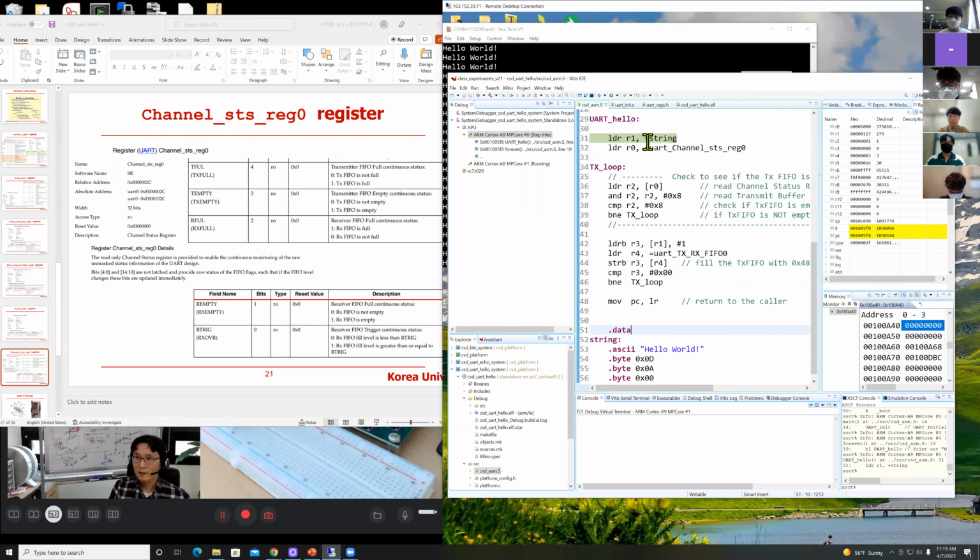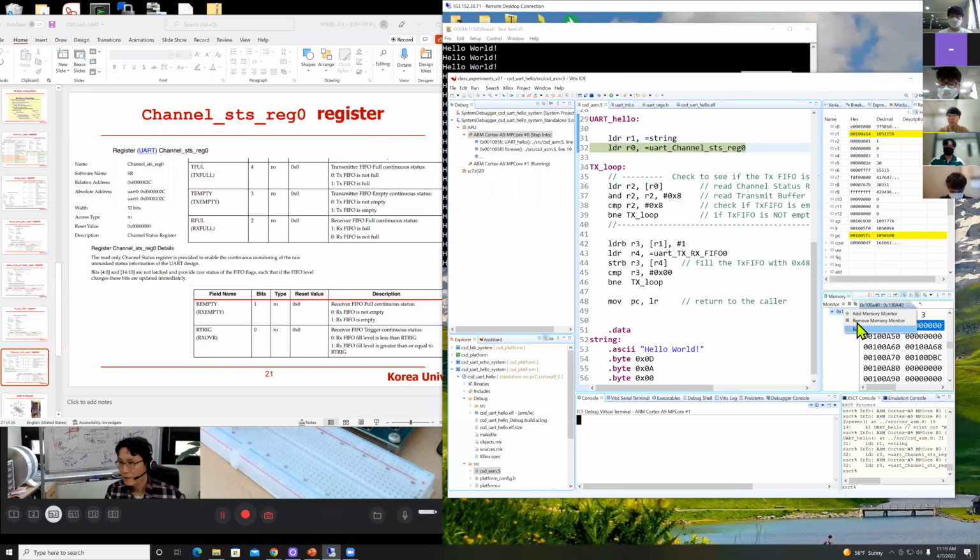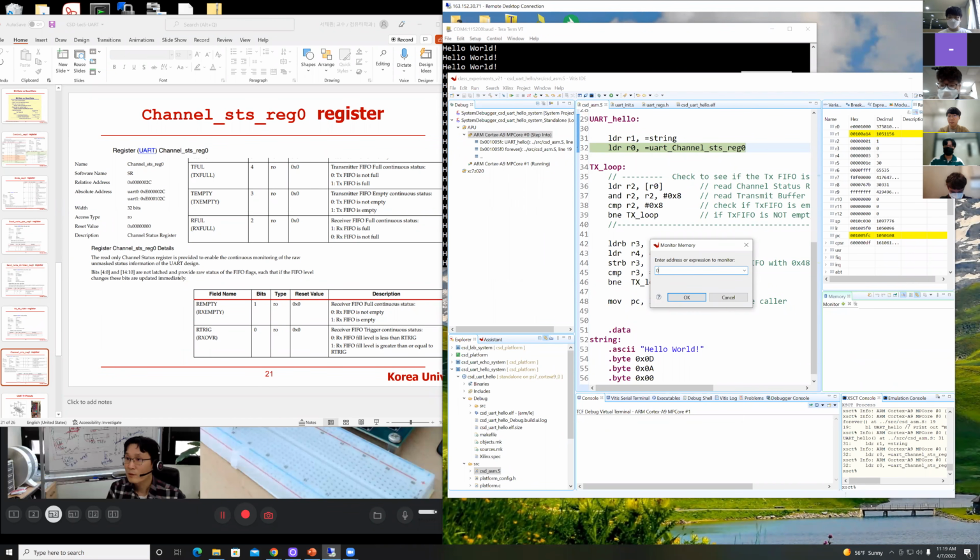Then again, this code stores the location of the first character into the R1 register. Let me execute F5. So R1 is A14 according to the symbol table, right? So then you can do this probably. Remove the memory monitor. So 100A14,